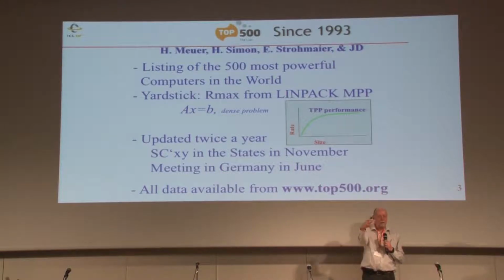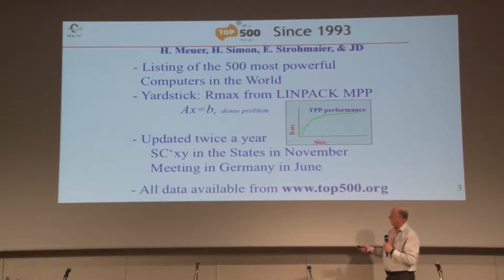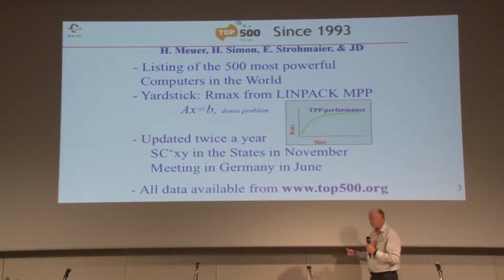And I'm going to give you a matrix, and you're going to solve that as best you can, optimizing the code for Gaussian elimination with partial pivoting on a large matrix. I give you the matrix, but you can make it as big as you'd like. And then we're going to check to see if you get the right answer. And everything is checked with 64-bit floating point arithmetic. So that's sort of the ground rules. And we're going to solve that problem, Ax = b, a dense matrix problem,